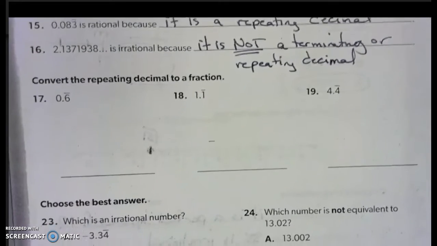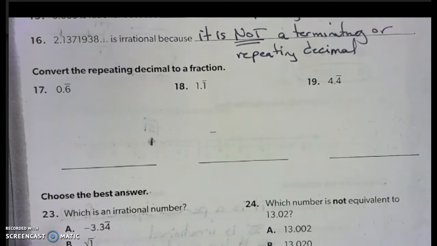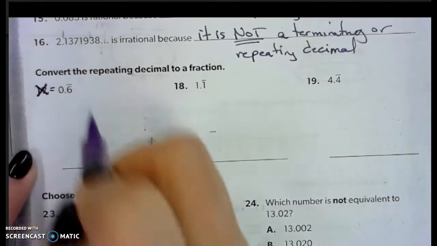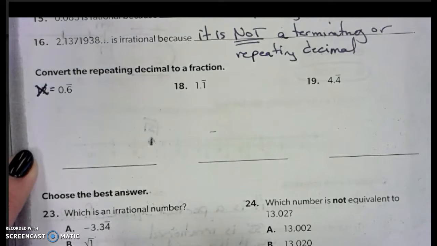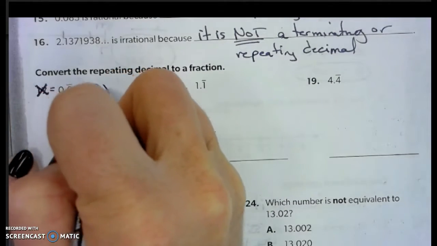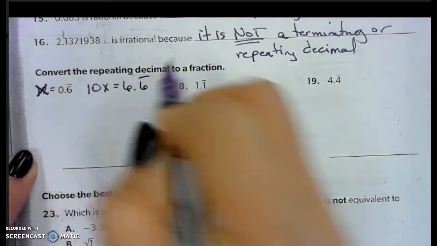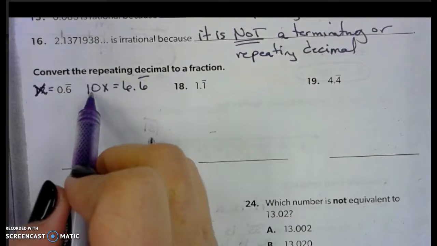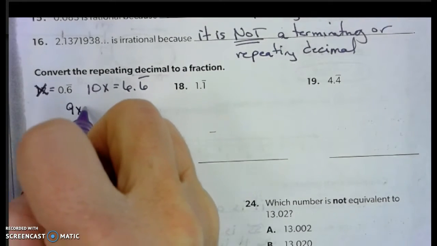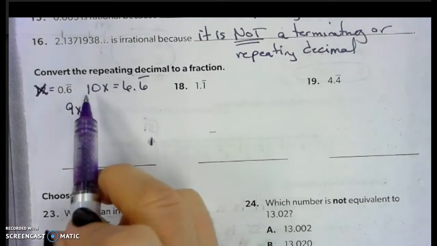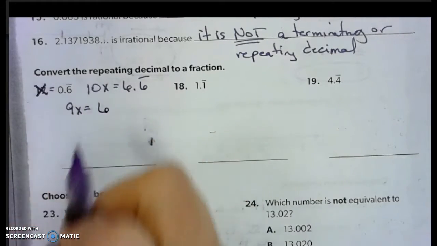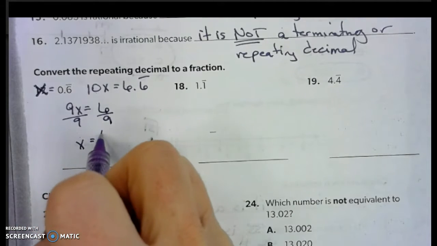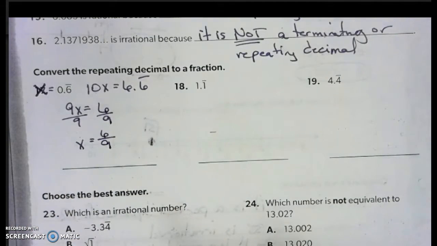17, 18, and 19, they're wanting us to convert these to fractions. 0.6 repeating, we're going to have x equals the 0.6 repeating. That is to the 10th place, so we're going to multiply by 10. 10x is equal to 6.6 repeating. Then once we have our two equations, we're going to subtract. So 10x minus 1x makes 9x, and 6.6 repeating minus 0.6 repeating makes 6. Then we'll divide by 9, which will give us x is equal to 6 over 9, which will reduce by